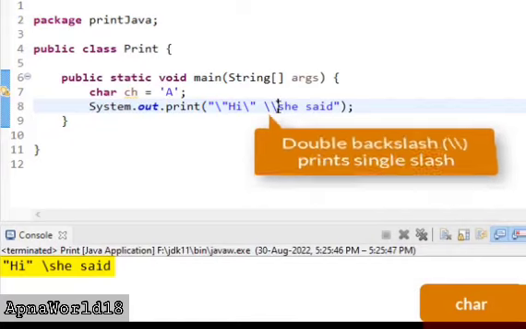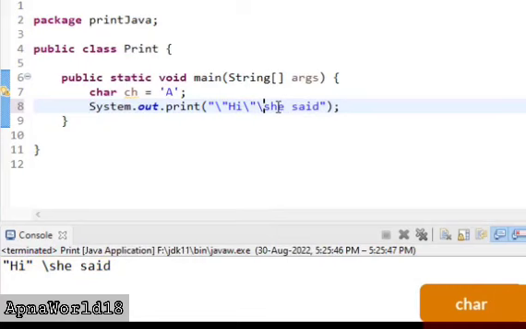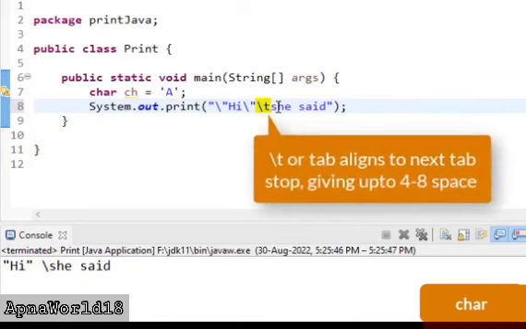treated differently. The next special character is \t. This is the tab special character. It is used to format strings and it aligns the text to the next closest tab stop and it will insert up to 4 to 8 spaces at that point. Like any other special character, it can appear multiple times and you can use it to format any multiple column